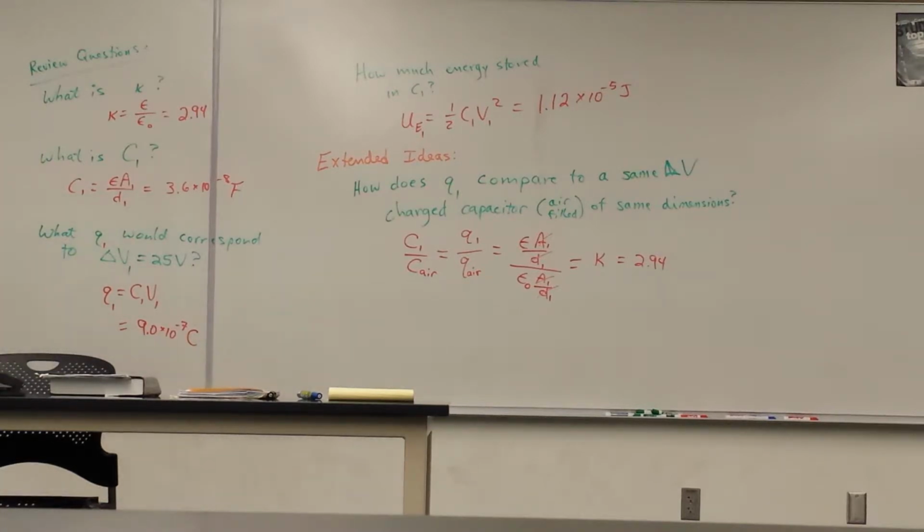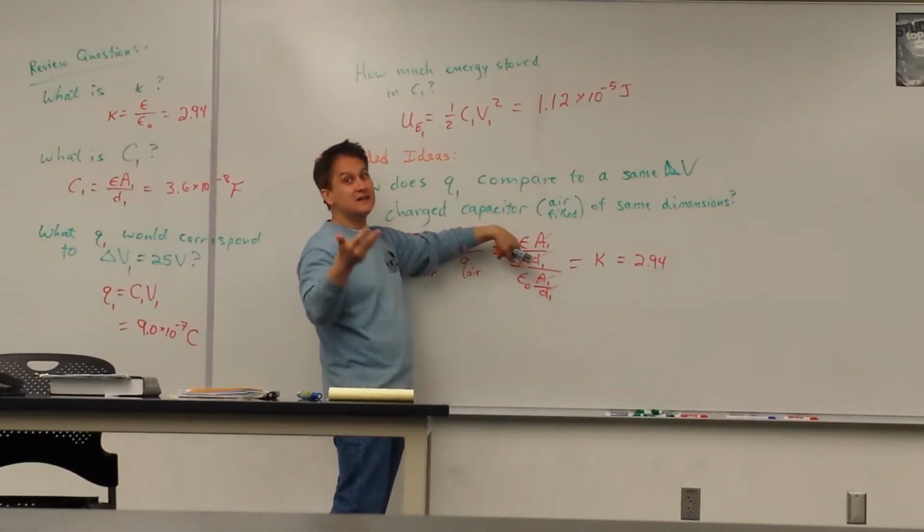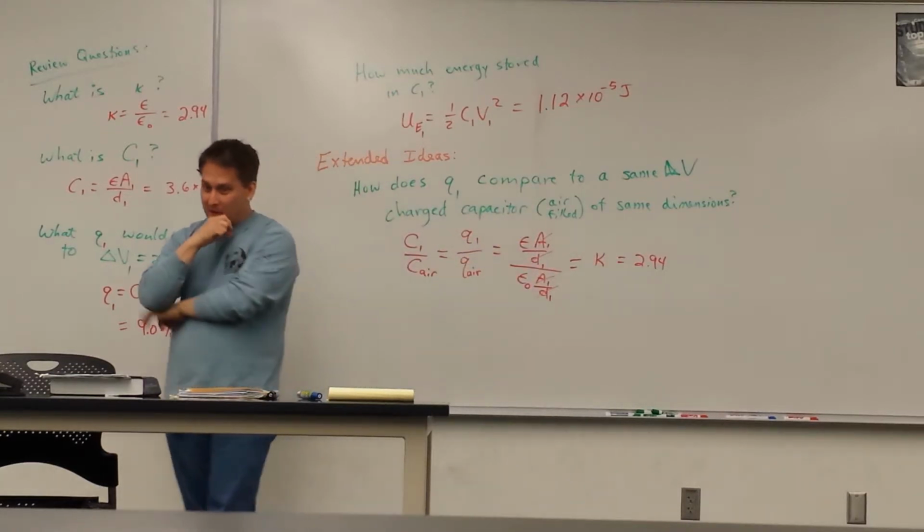Just want to double check that's epsilon effective divided by epsilon naught, right? Yes. And epsilon effective is kappa times epsilon naught. Okay, just making sure. So it just sort of falls out. Okay. Now,